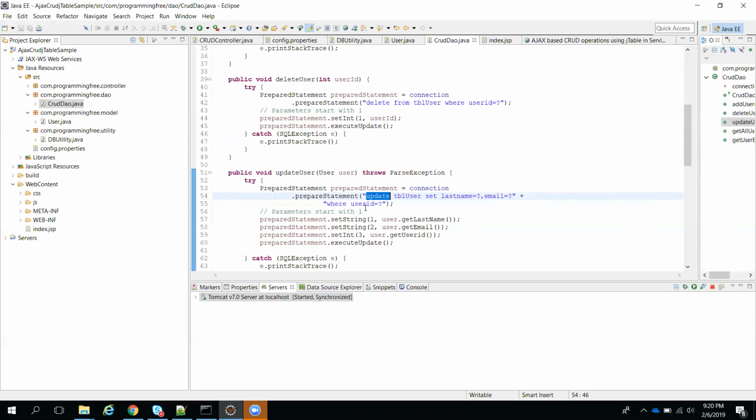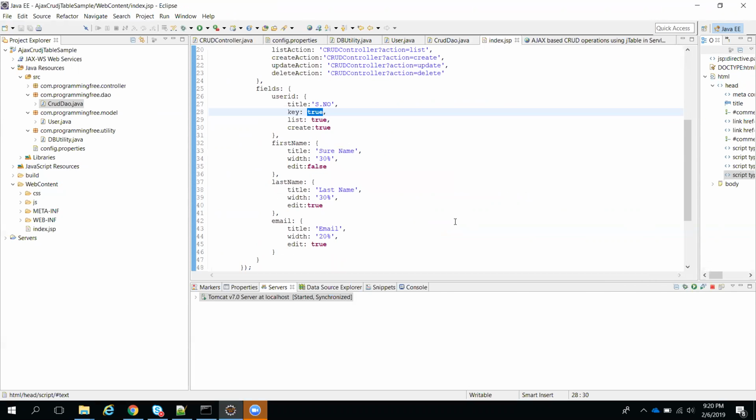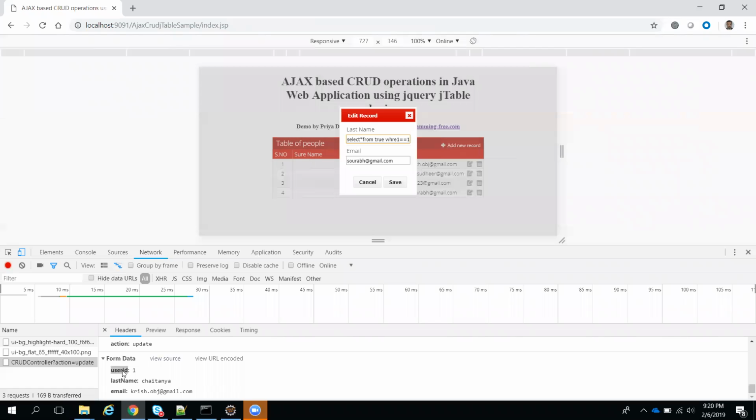Here, just remember, we are updating based on ID. That's what I want to show you. How are we getting this user ID from the controller, meaning from the request? From the UI, when you click the update action, it will submit whatever data you require. For example, edit true, whichever you gave, and it makes its keys true. Based on this edit true, whichever fields are there, those values plus this key value will be sent along with this action. We see here in the UI the last name, email, and user ID. These three things are submitted to the backend.